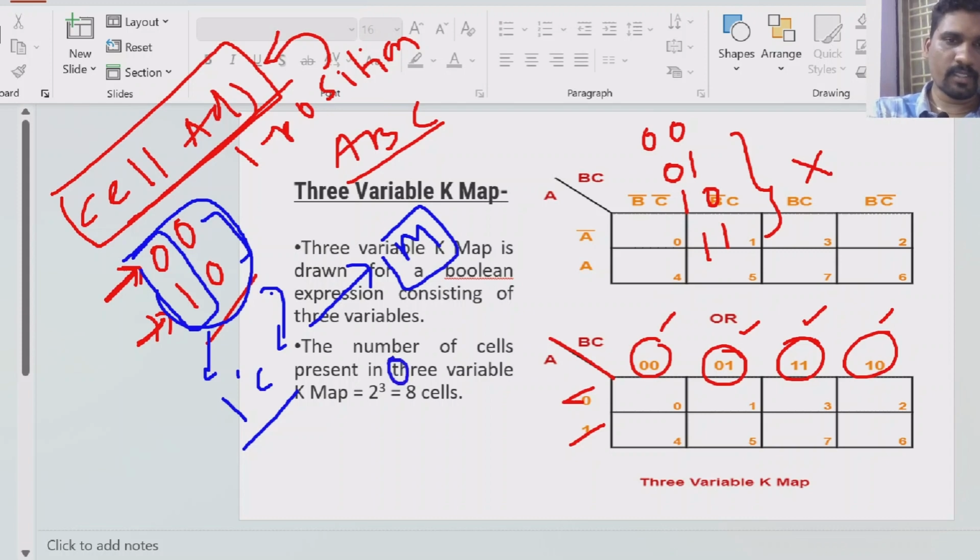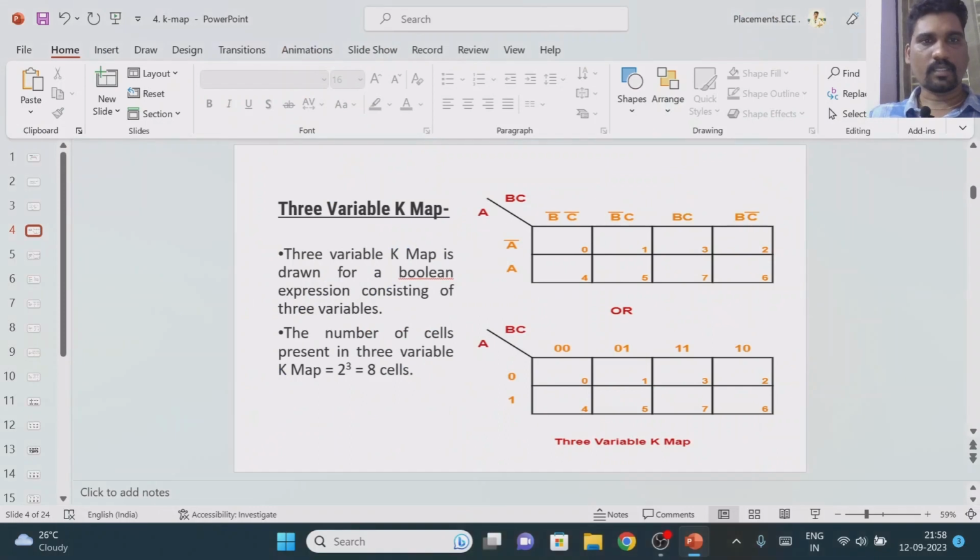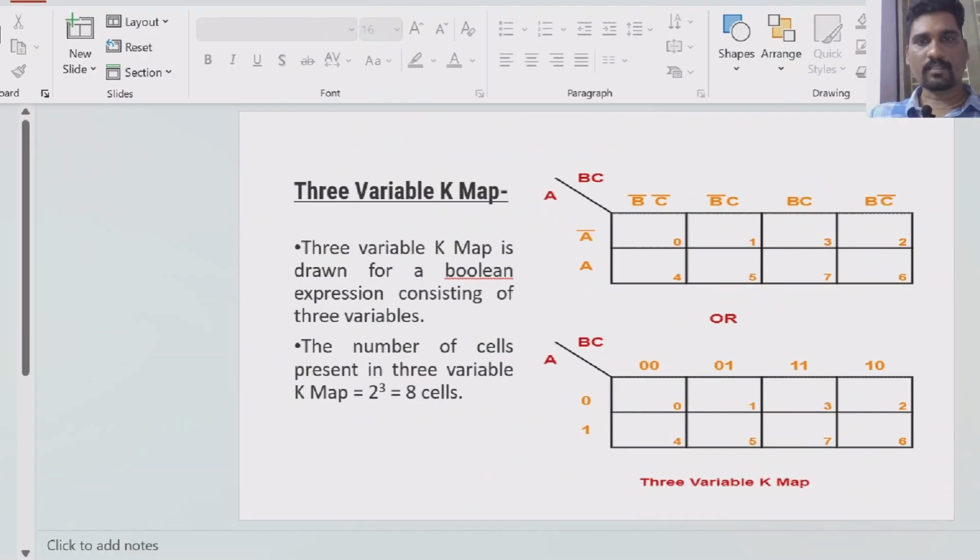Suppose for example you take 00 and 11. If you are comparing these two numbers, how many changes do we have? Here one change, and here again different values, one more change. So the total number of changes is 2. Now what happens with 2 changes? We cannot reduce the function. You need to understand why, if there is only one change, we can reduce the function, and why we cannot minimize the function if there are 2 changes. That is the important point to understand here, and that is what exactly we are going to address in this class.